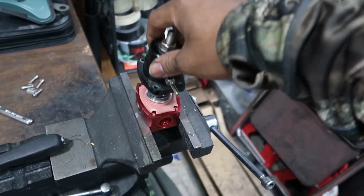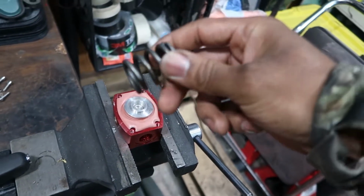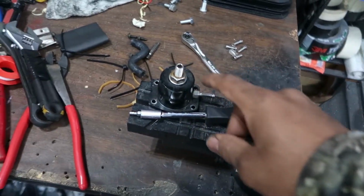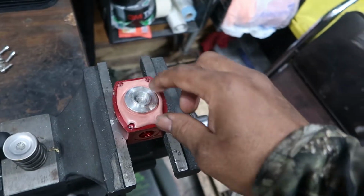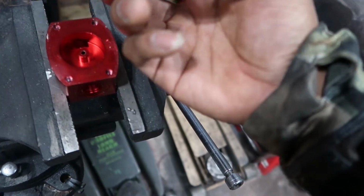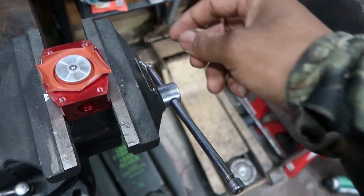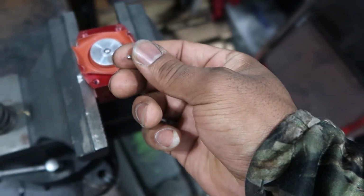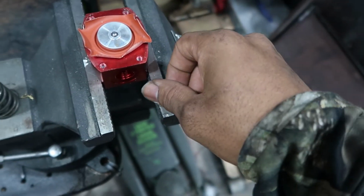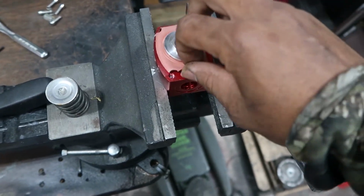I went ahead and took this guy apart just because I was curious to see what was in there. Basically what you have here is your spring, which determines what the pressure is. This little plunger right here is just a preload on the spring to set the pressure. And then what you've got here is your diaphragm. On the other side of this diaphragm, this little ball is actually your valve to the return. And there was a flake of metal sitting on that valve, very similar to this one. It wasn't actually this flake, I dropped it on the floor. But the question is, why is there a flake of metal inside of my fuel regulator